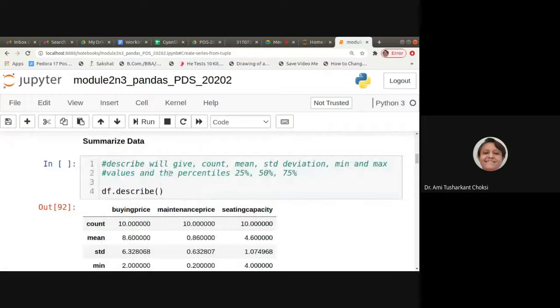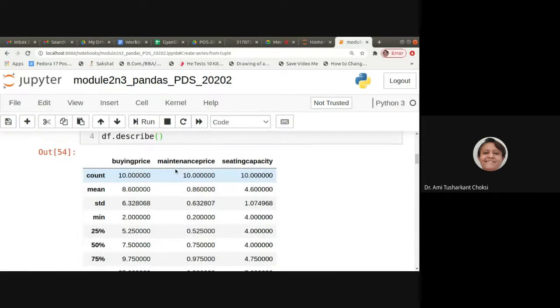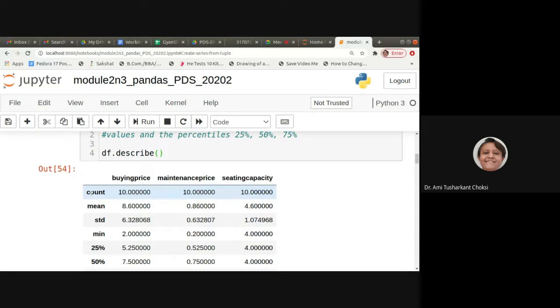Now, if we want to summarize the data, we use df.describe. What does it give us? First of all, the count: how many data are there? 10 data were there, so 10 is there. Then the mean. Mean is known to you, right? Sigma xi upon n, which in maths you have already studied. That is given for each and every column: buying price, maintenance price, sitting capacity. This is the standard deviation.